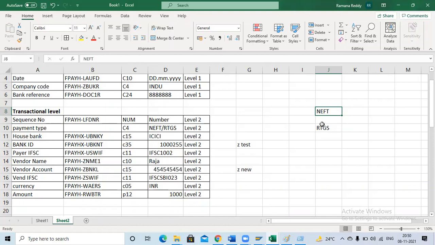So first, this is a separate concept, so that's why I'm keeping this blank. As of now, first I will print this manually. After that I will add the automatic concept. Automatic means if your invoice value is 1,50,000 rupees, the system will automatically print NEFT. If your invoice value is 3 lakh rupees, I mean above 2 lakh rupees, the system will print RTGS. To print the data like this, we have to do some configuration, that is the automatic configuration. We have that as the next topic. So first I keep this blank.